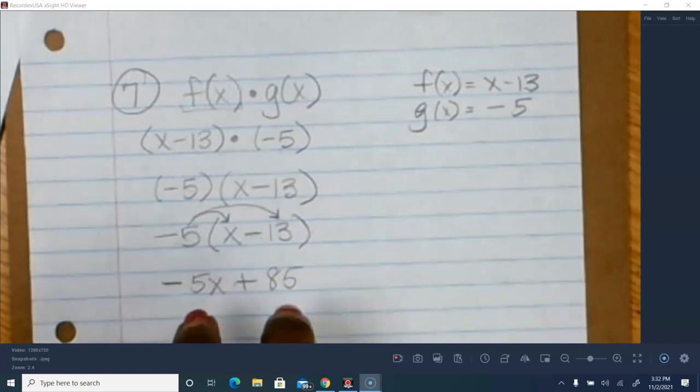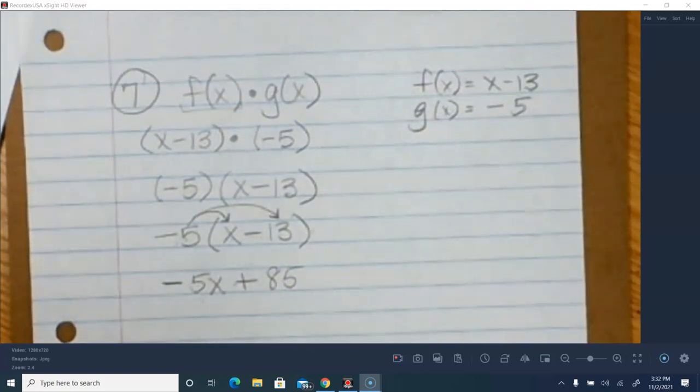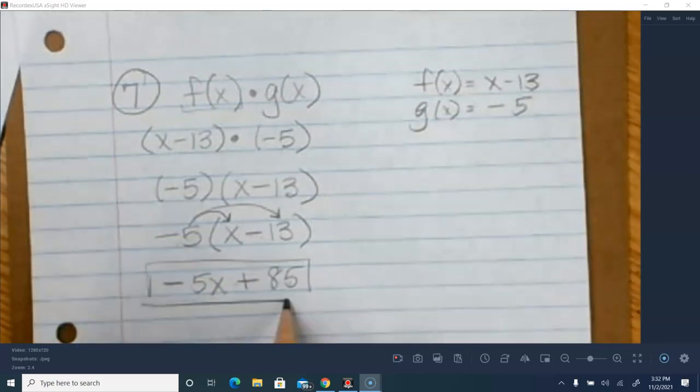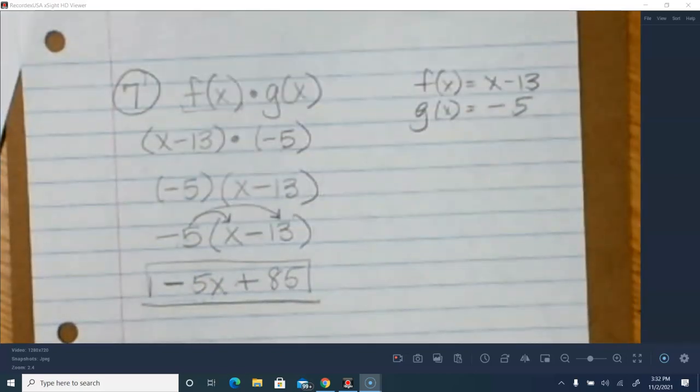These two are unlike terms. They are not like. We cannot combine them. This is a variable term. This is a constant term. So therefore, it has been